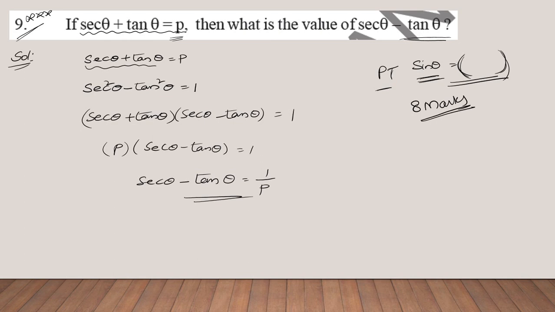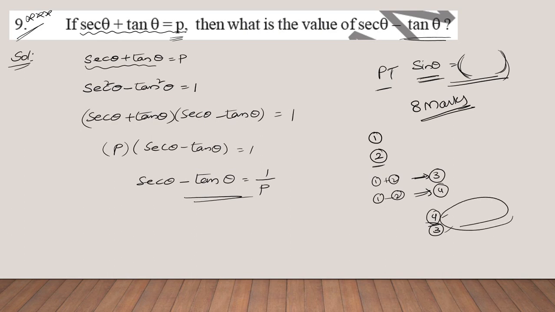Okay, the procedure is the same. The given equation, consider it as 1, and by writing its reciprocal you will get equation number 2. On adding 1 and 2 you are going to get equation number 3. On subtracting 1 and 2 you are going to get equation number 4, and finally divide 4 by 3. Then you are going to get your answer. So mention your required answer in terms of sin theta in the comment section. Okay, right? So these questions are very important.